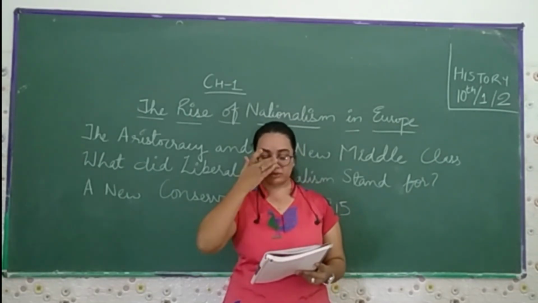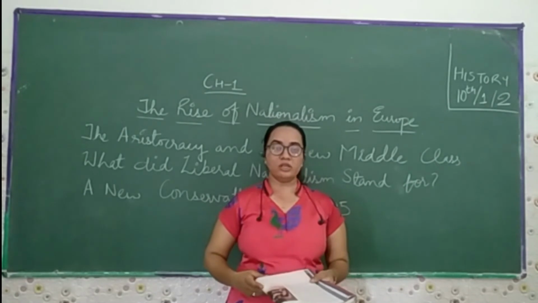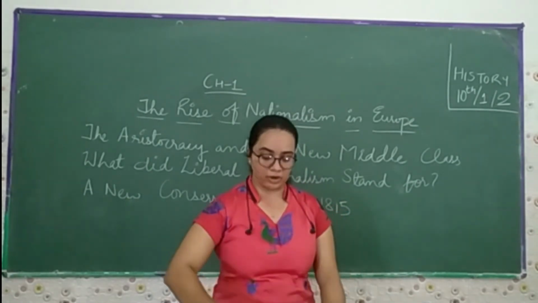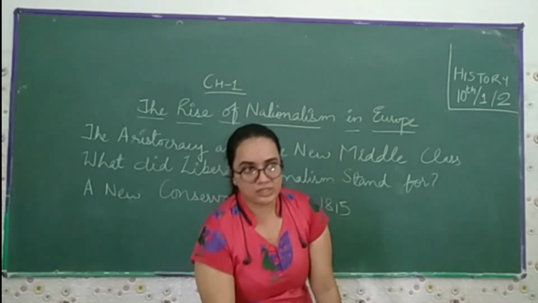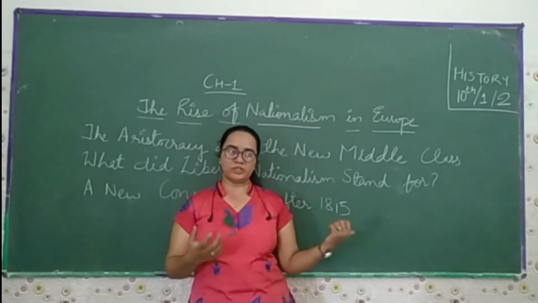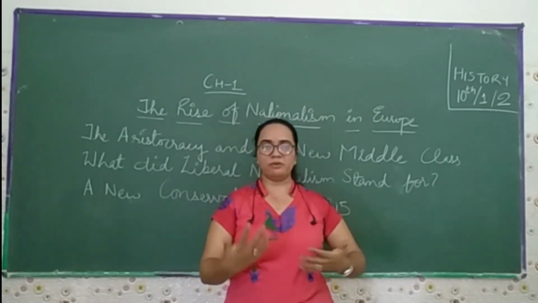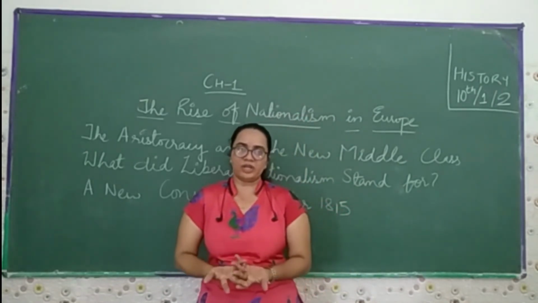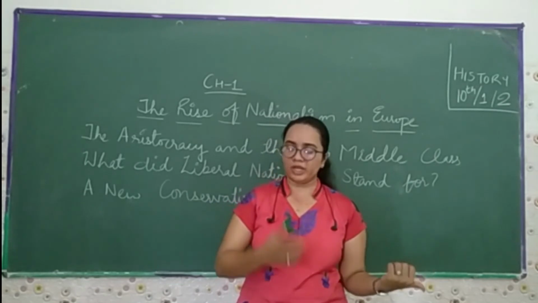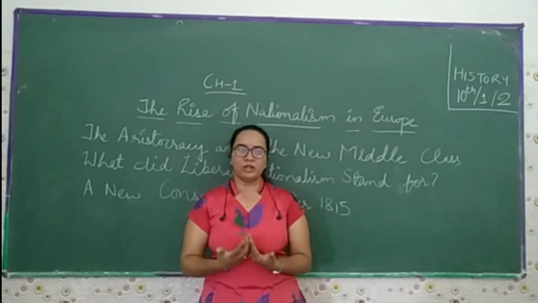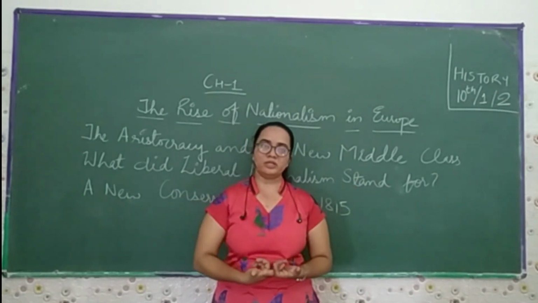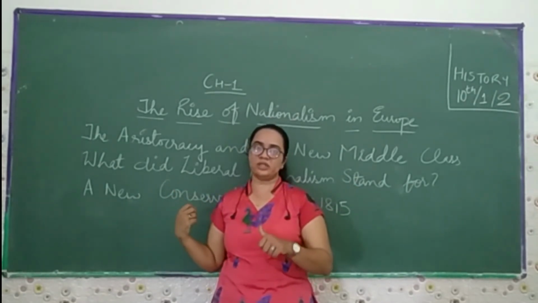Now here is what the new things have started. They opposed the conservative order and wanted freedom of the press, because earlier the media people, the press people, used to publish only the news they were ordered to by the royal people, rather than being able to publish any news freely. So they used to criticize the old regime and wanted freedom of the press, so that whatever was happening in Europe they could publish freely rather than in a restricted form.